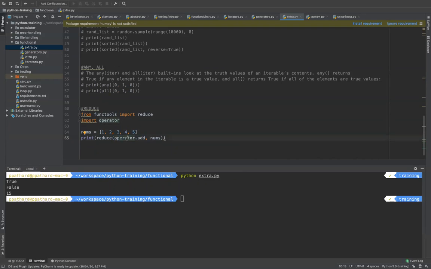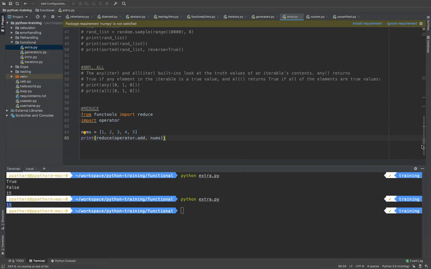So 3 plus 3 is 6. It will keep 6 in memory and take the next element. So 6 plus 4 is 10. Now it will keep 10 in memory, take the next element and pass 10 and 5. So operator.add will have 10 plus 5 is 15. So the reduce function will return 15. If you see the output, it is 15. So this is what a reduce function is.